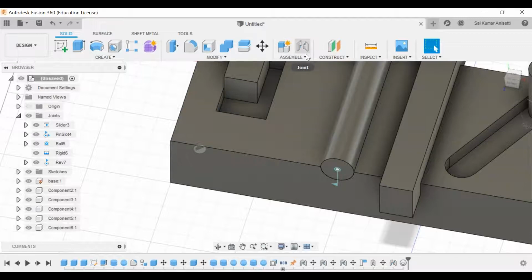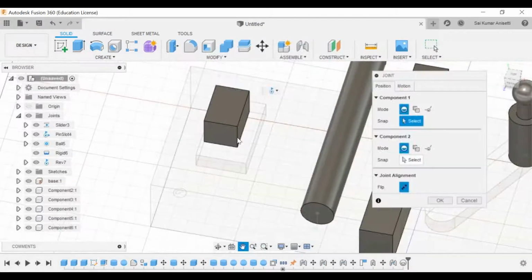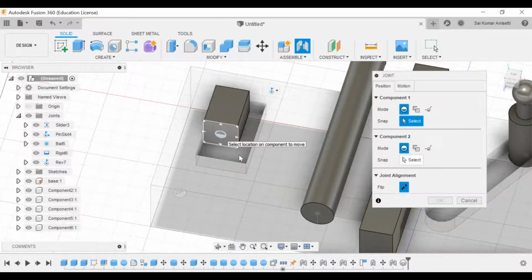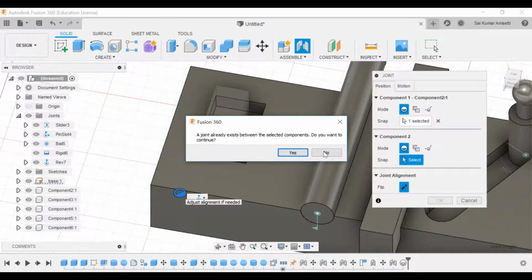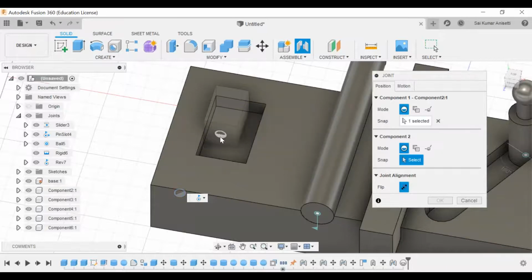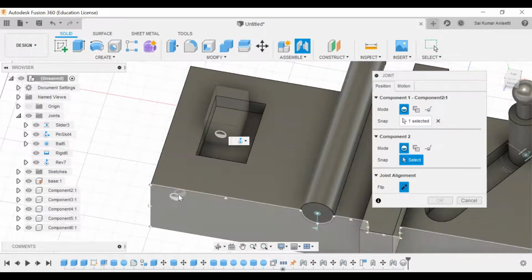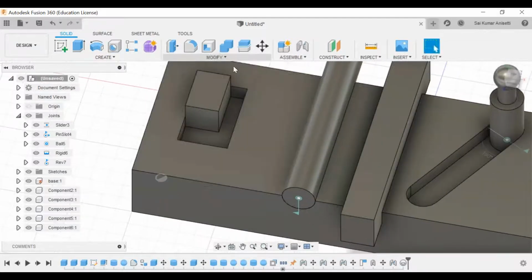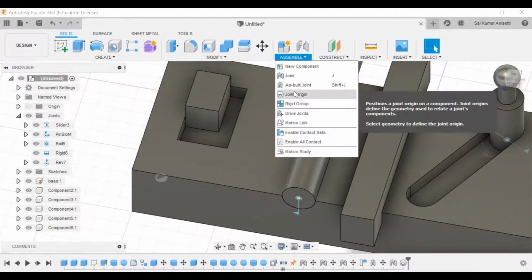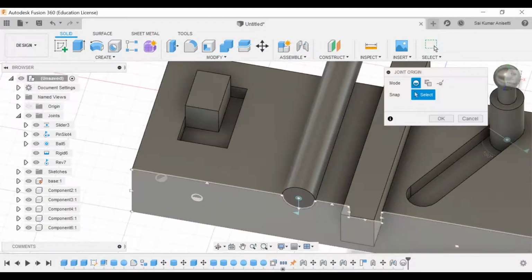Now if I want to assemble any component, let us suppose J, I want to give this point with respect to that point. For the time being, now you can snap this particular point and also this point. Initially this point is not there actually. Now you can assemble with respect to this point with respect to any other system. In that way you can create any joint origins.